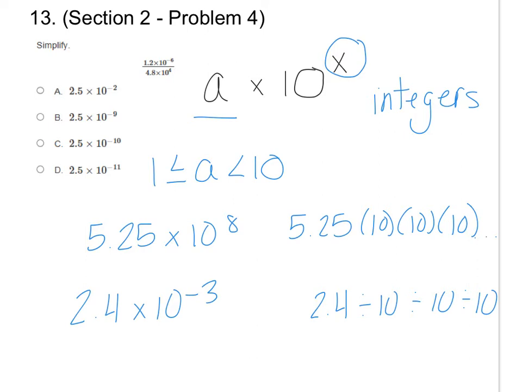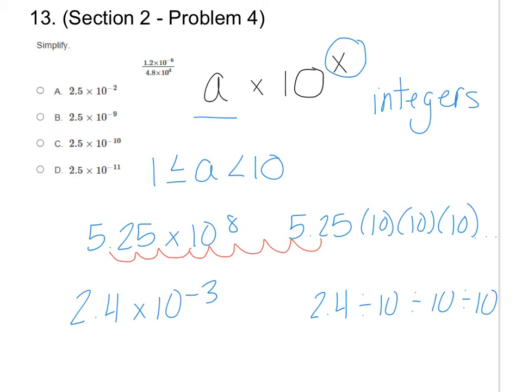Now the shortcut for doing either of these problems is, remember, when you're multiplying by 10 or dividing by 10, you just have to move the decimal point. So in this first example, the 5 and 25 hundredths times 10 to the 8th power, all I would need to do is take my decimal and move it 8 places to the right, because I'm multiplying by 10 8 times. So 1, 2, 3, 4, 5, 6, 7, 8. And then you would fill all of these